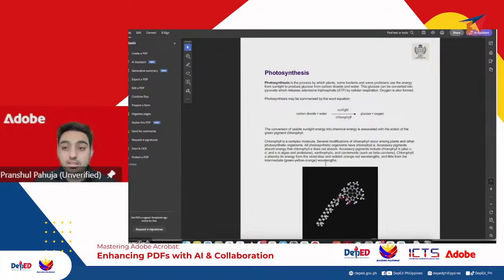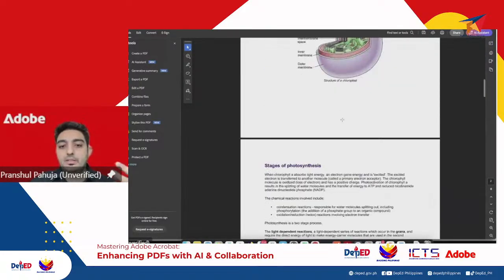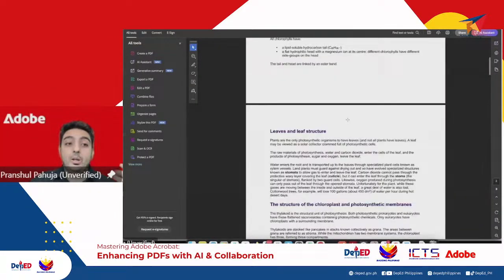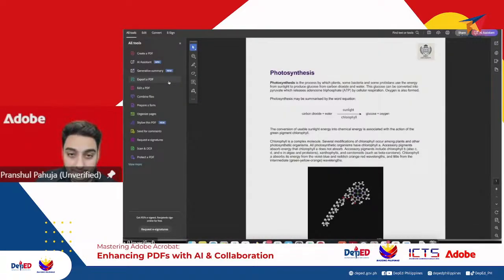The viewer in the center will show you the document. You can easily scroll through the documents and go through these different pages. On the left will be the tools which will be highlighted. How you want these tools to appear is pretty straightforward. You'll have a default set of tools assigned to you. If you want to have a particular order on the left side to arrange the set of the tools, you can just drag and drop the tools in whichever order you want, and it will be placed according to your own requirements. Even if you close and open later, this will be intact on the Acrobat panel.